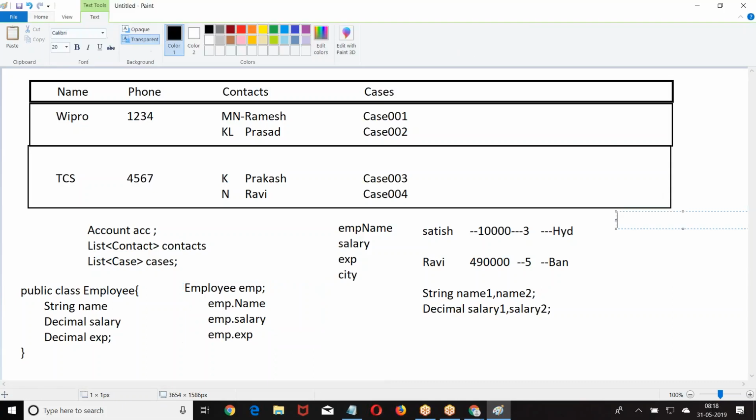Suppose there is already a table. Already there is a table employee which is taking name, salary, then what will I do? I will use the same table only. If I need data in a particular format and there is no associated table with this, then I will create my own data type. If the format in which I want the data already has a table in the database, then I will not create my own data type.